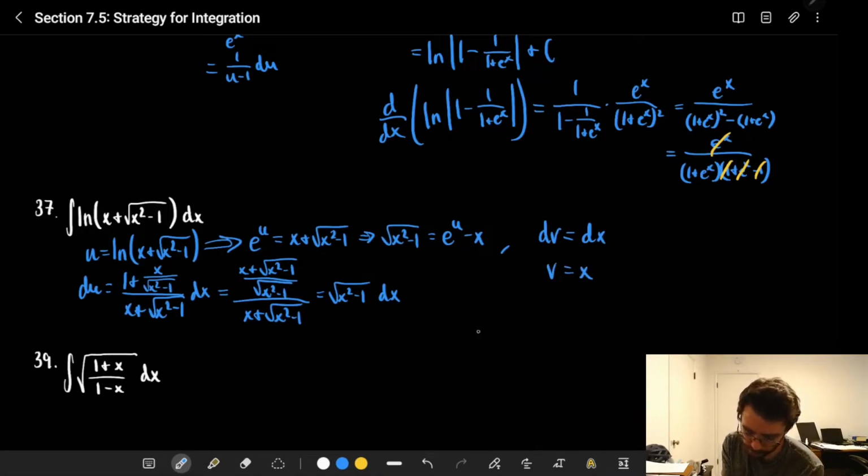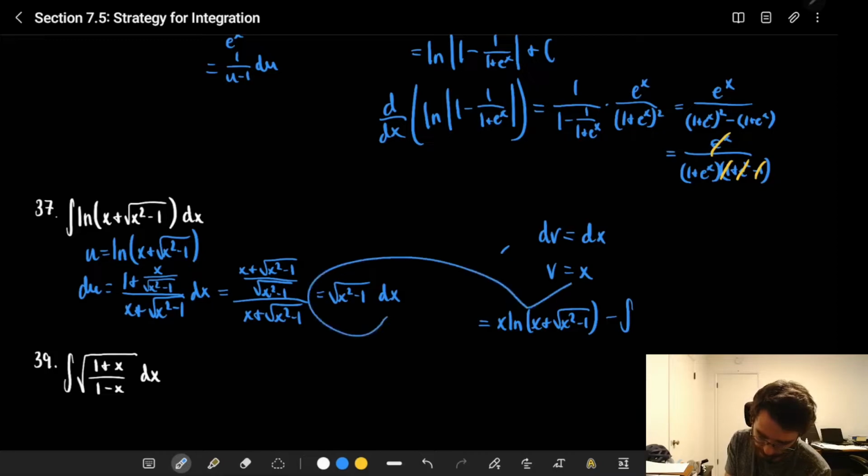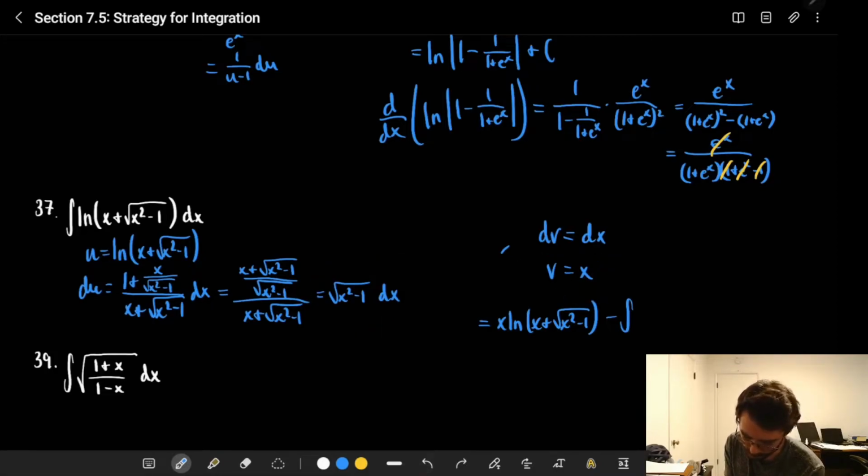And the formula for integration by parts should give me, I'm so sorry this is cluttered, uv, so I suppose I don't need this anymore. Yeah, but the rest is good. So uv is x ln x plus root x squared minus 1 minus the integral of v du, right? So those two pieces, and you get a u sub out of it,